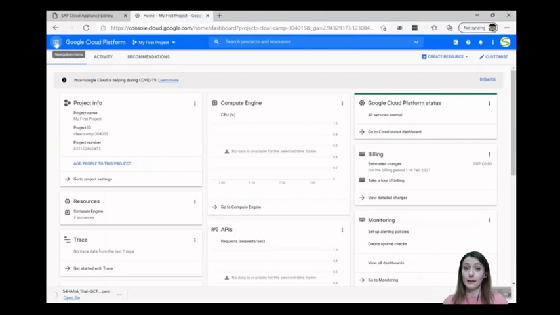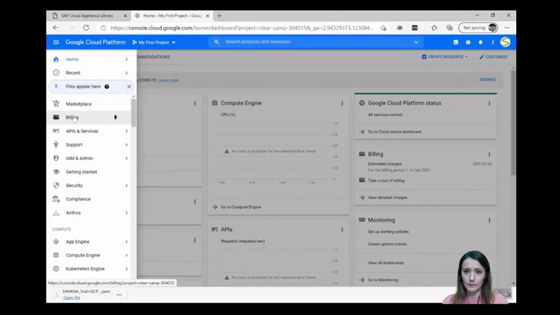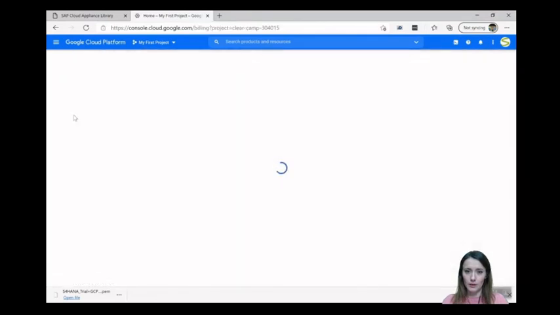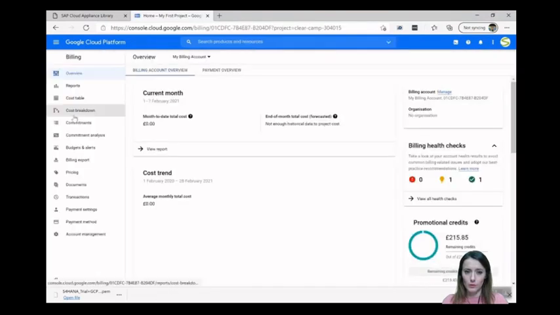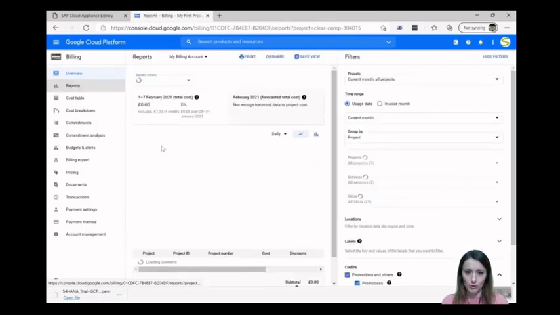And if you terminate an instance, I would recommend you to check the consumption for at least 2 or 3 days and make sure that nothing is increasing. Otherwise, you will need to find out what is activated and is making the consumption. So to do this, you can go to billing. And here is the dashboard. And if you go to reports, you will be able to see the balance consumed.